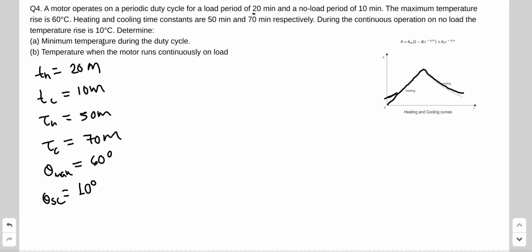So we have to calculate the minimum temperature during the duty cycle. So we have given this theta 1 as 60 degrees Celsius or maximum temperature. We have to calculate this theta naught. So we will solve for the first part, minimum temperature. So formula for the minimum temperature, theta 0,